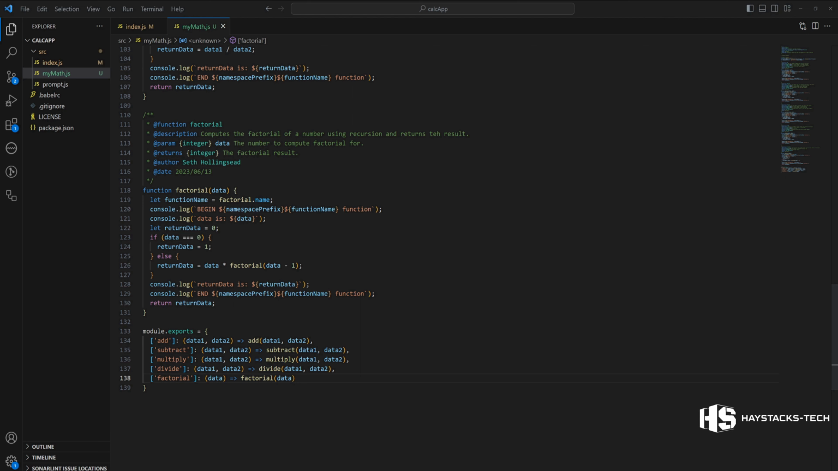Yeah, just data. It doesn't particularly matter because it's a function that's calling a function, so you're not